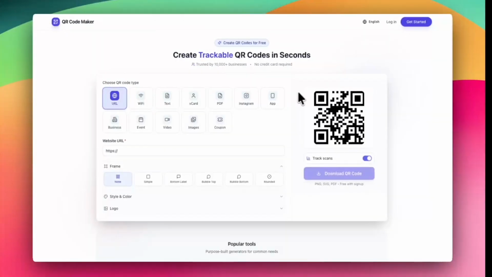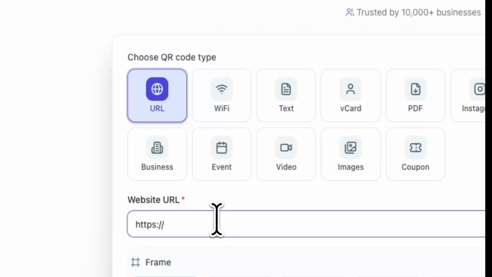And the way it works is actually quite simple. So first, we put in the destination URL of where we want our customers to go to when they scan the QR code. And there are, I should say for a moment, a lot of different types of QR codes that you can create. In this example, we're only going to be covering website QR codes. But as you can see here, you could be creating a QR code, for instance, to help a customer scan to get access to Wi-Fi, or to get your contact info, which is called vCard, or link to a PDF document or upload a PDF document. But let's just look at the simple example of a website.